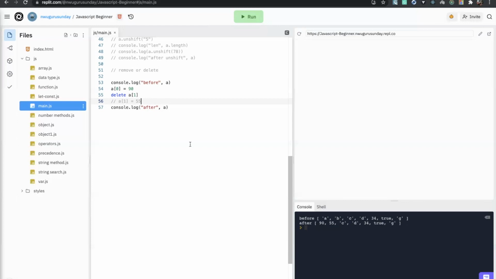All right, so the other method we need to discuss is splice. So splice method can be used to add new item to an array. Now, you remember we use push and unshift to add items to the beginning and the end. So now your splice,